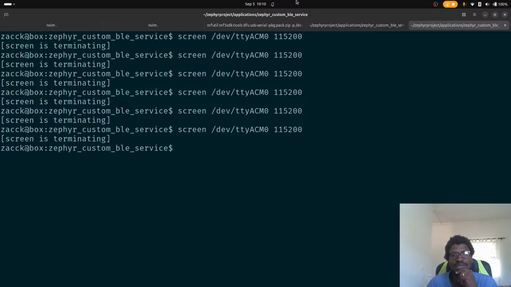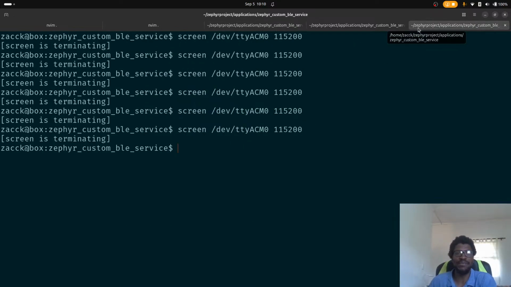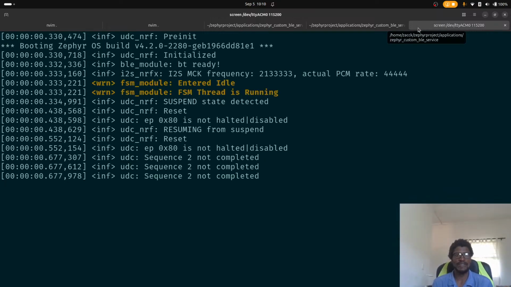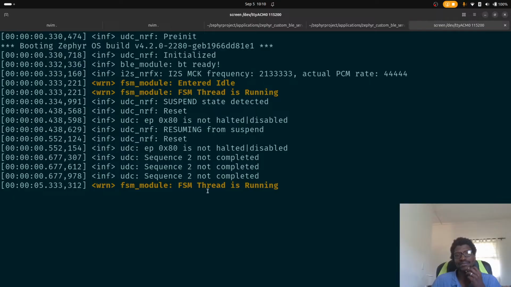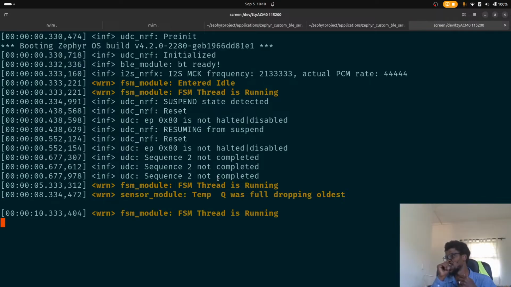And then this will be disconnected, yes. Send the thing up. And what we should get now is an FSM thread that is periodically running, basically. Yes, FSM entered idle. Yes, exactly, FSM thread is running. And if you give it 5 seconds,